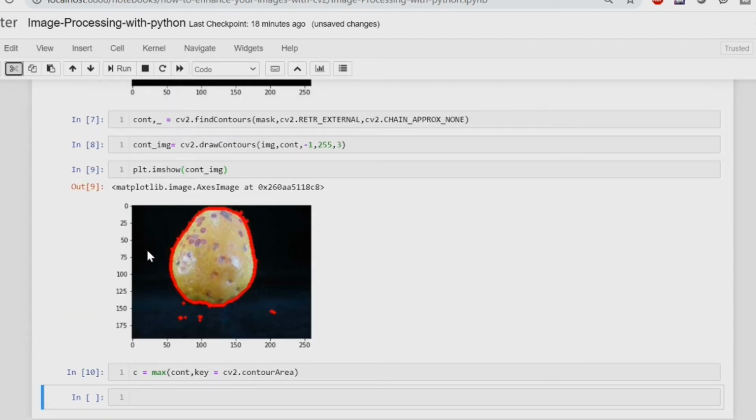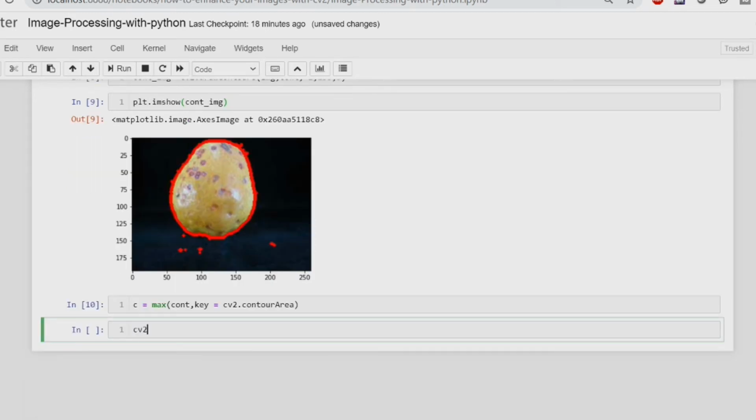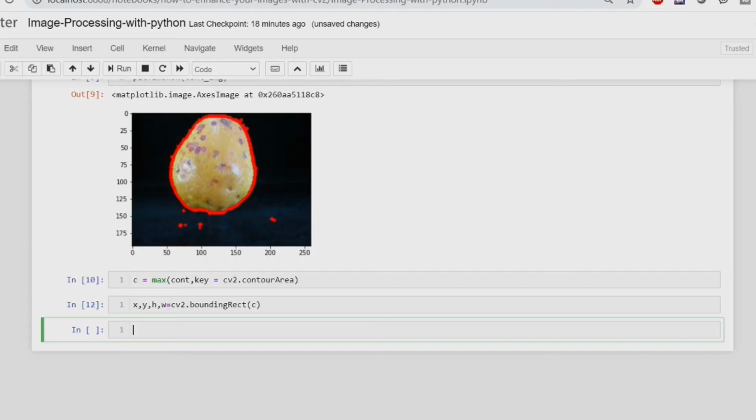So you can utilize the cv2 method bounding rectangle and give this biggest contour inside this method. And this method will return you the x coordinate, the y coordinate, the height and the width for the bounding rectangle. So let's run this.